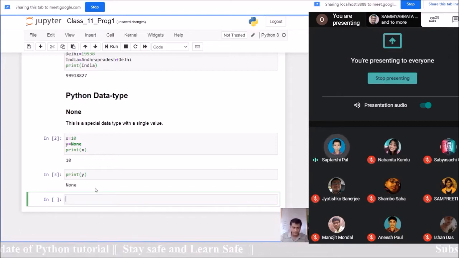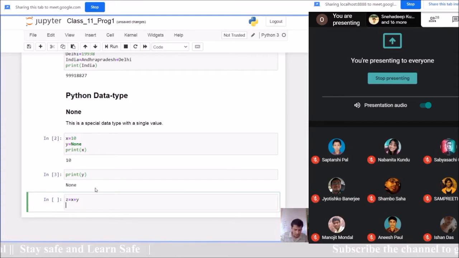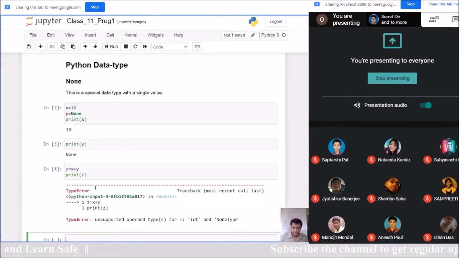So what will happen if you print x plus y? Obviously we will see an error, because you can't add basically absence, nothing, with x. x has a value, and you are adding a memory location with nothing.